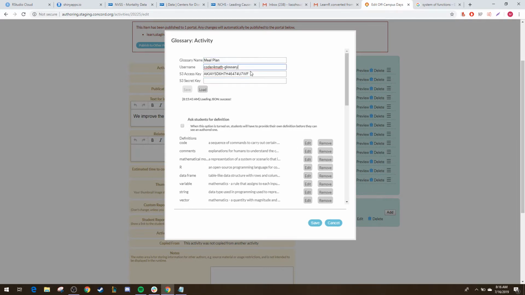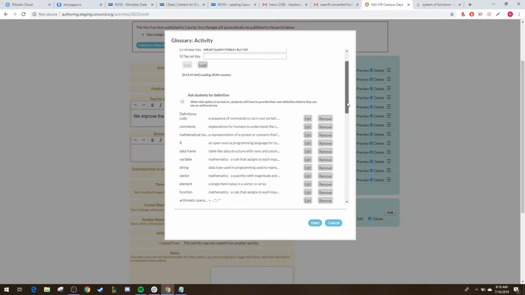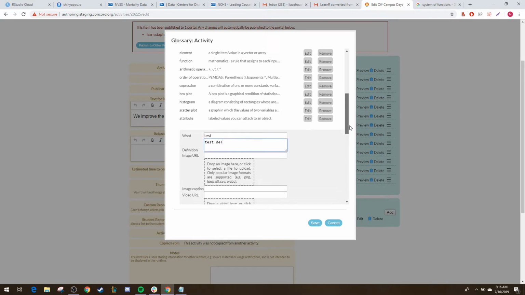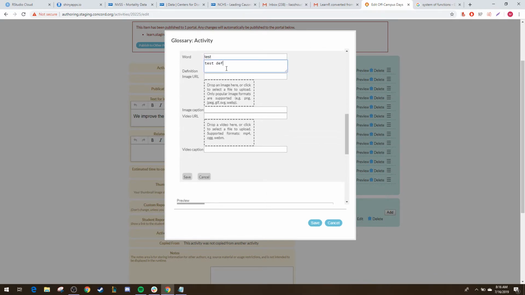And you got to make sure this is all the same up here. I assume the glossary name matters too. And if you want to add a definition, not too bad. So we just do a test word, test definition, and you do have to